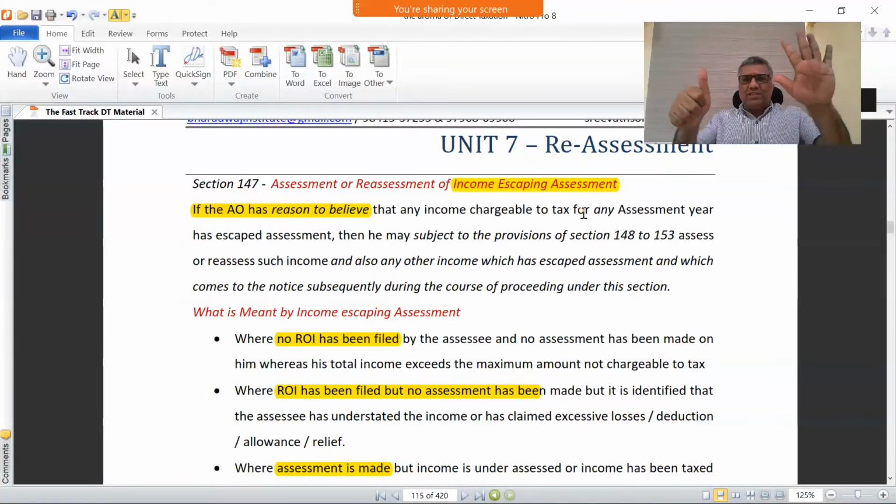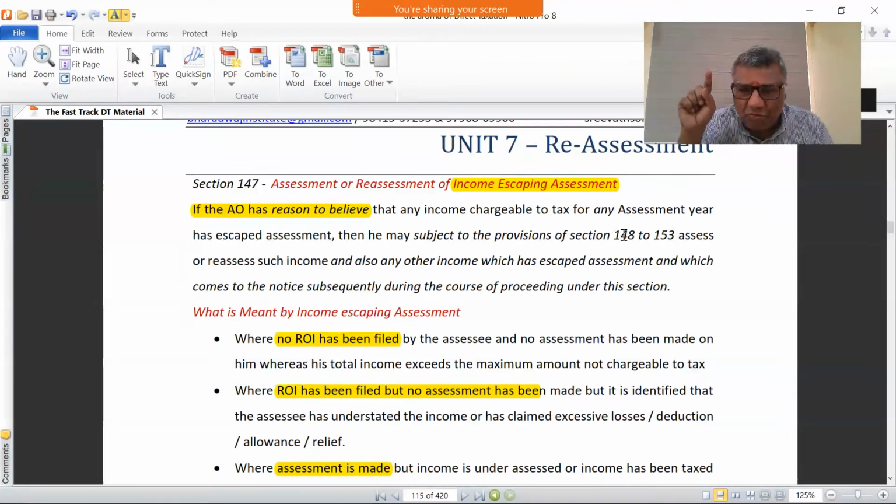Six circumstances I know: ROI not filed, ROI filed, assessment completed, foreign assets, TP audit and survey provisions. Then what do they do? Subject to the provisions of 148 to 153, which talk about notice and other things,